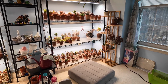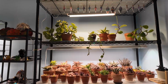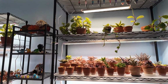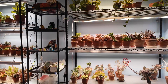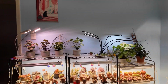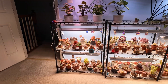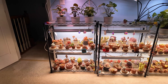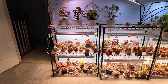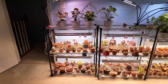I started out with wanting to have succulents, and knowing that after I bought the succulents, what I found out was I don't get enough sunlight in this house. So what I did was I started out with this shelf here. It looks like it's two shelves, but the kit came with technically one shelf that you could configure in two different ways. And because of how I was going to be doing it,